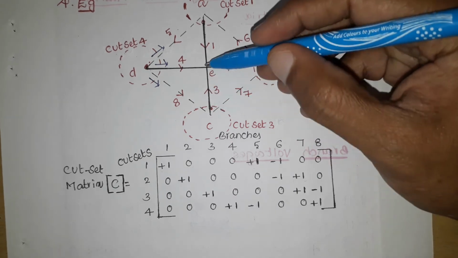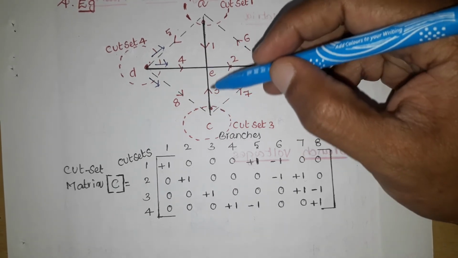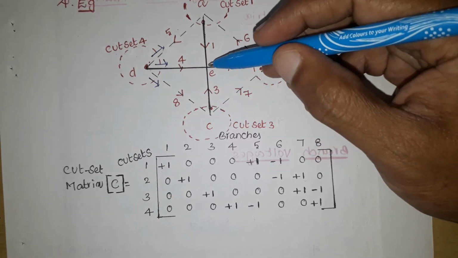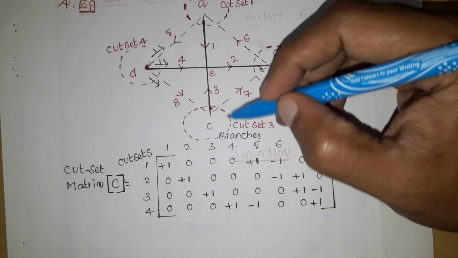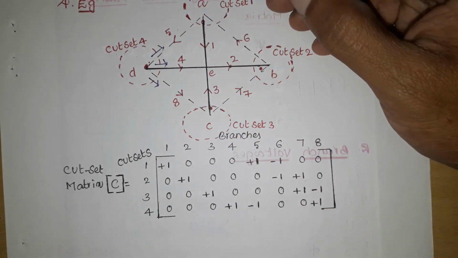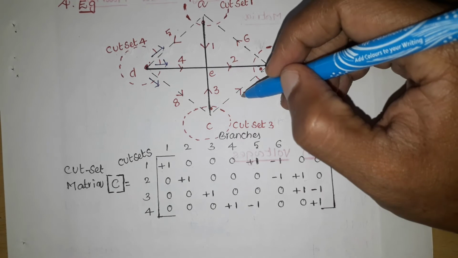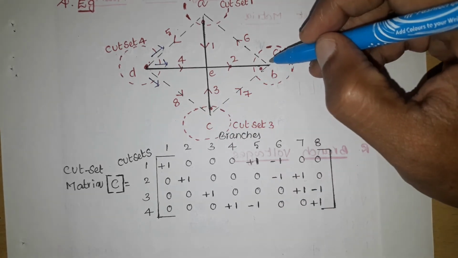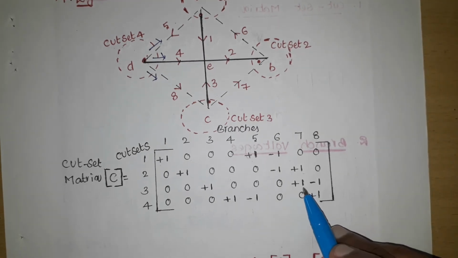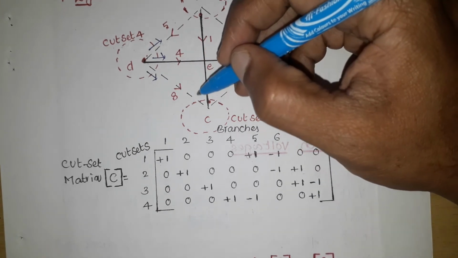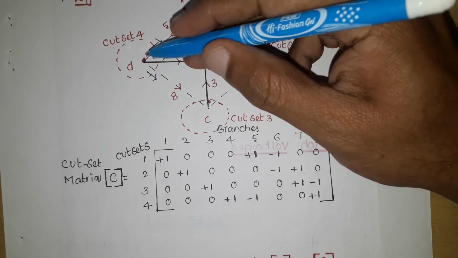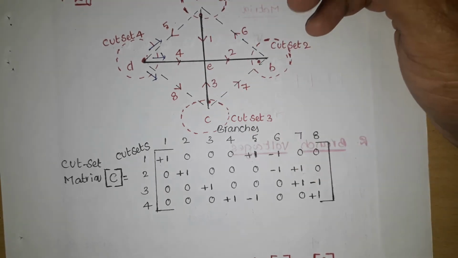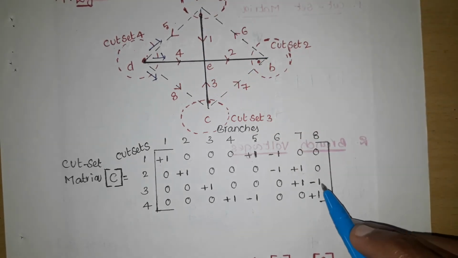So here we have to take the direction of the current. The current direction in the third twig is the reference direction. Here current is flowing from the small circuit to the big circuit, whereas in the 7th link, current is flowing from small circuit to big circuit. So that's why for 7th it is plus 1. For the 8th link, current is flowing from the outer circuit to the inner circuit, which is opposite to the reference direction. So that's why we take a negative sign.